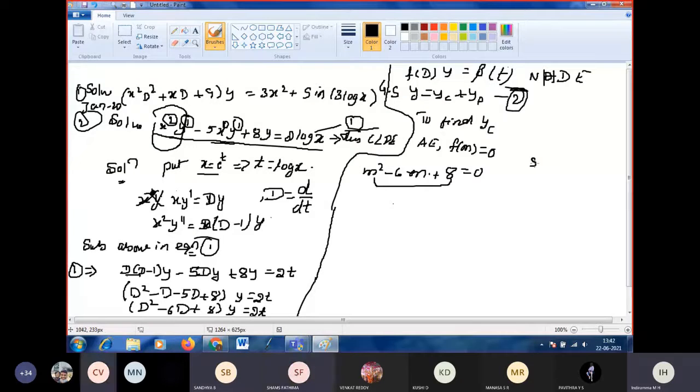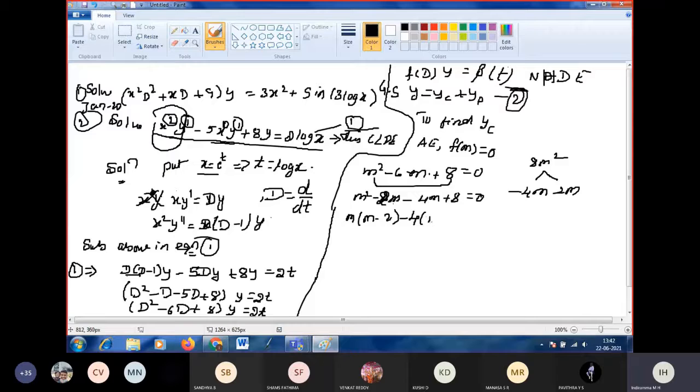Yes, ma'am. Minus 4m, minus 2m: 4 and 2, both minus. Okay. So m squared minus 2m, first I will write 2m, it is easy for us to take common, that's why, minus 4m plus 8 is equal to 0. Now take m common, we are left with m minus 2. Take minus 4 common, m minus 2 is equal to 0. Is it right? Take m minus 2 common. We are left with m minus 4 equal to 0.